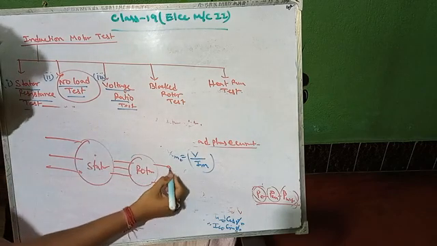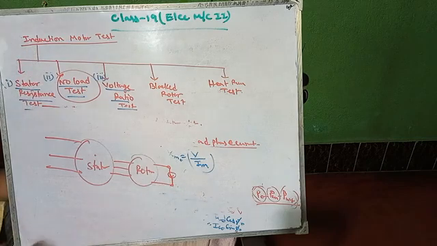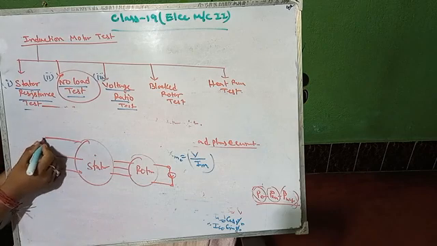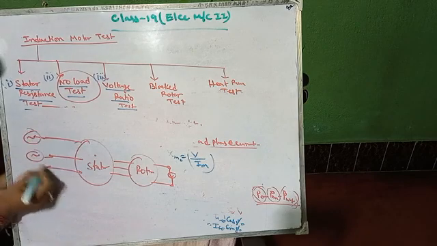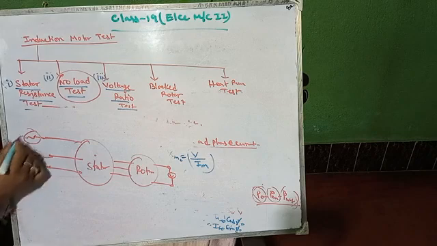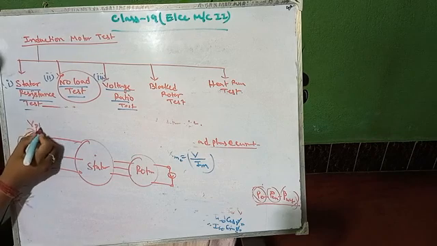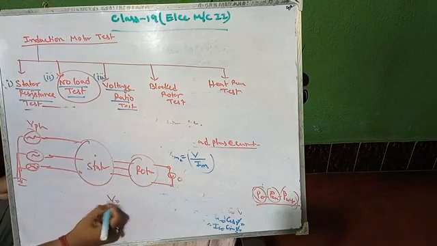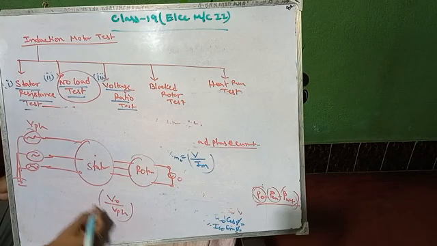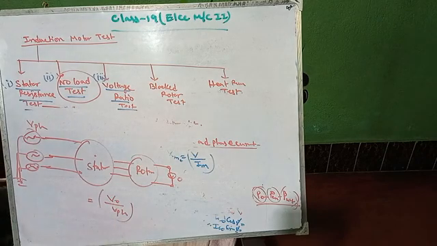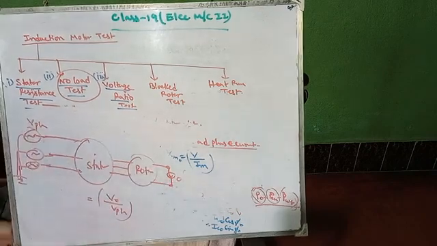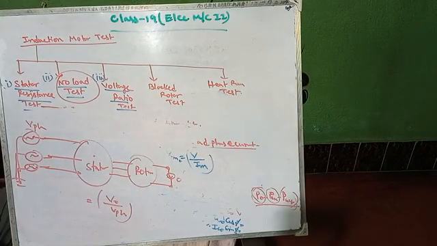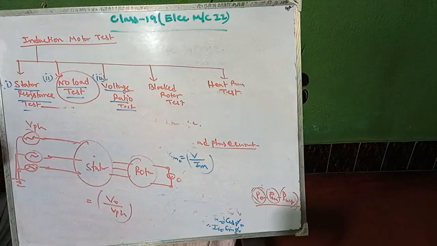Then what will be the voltage across the rotor terminals? It should be noted, and the phase voltage on the stator side is VPH, with V naught on the rotor side. So V naught by VPH is the voltage ratio. The voltage ratio test determines the ratio between V naught and VPH. This is done only for the wound rotor test.